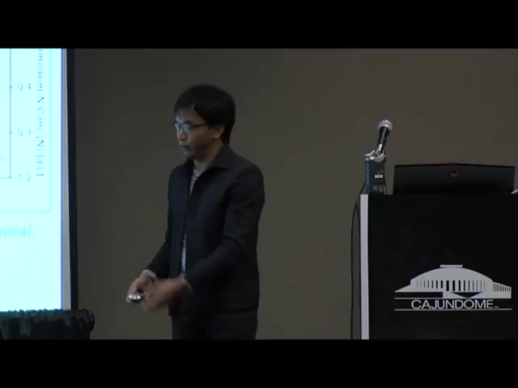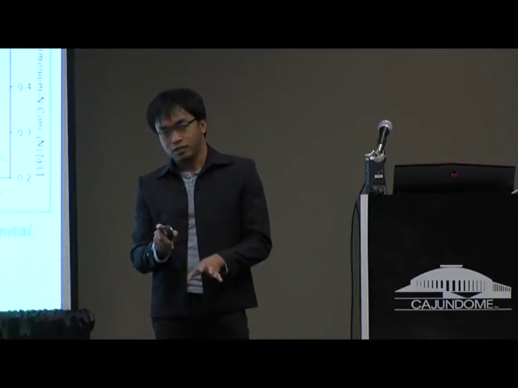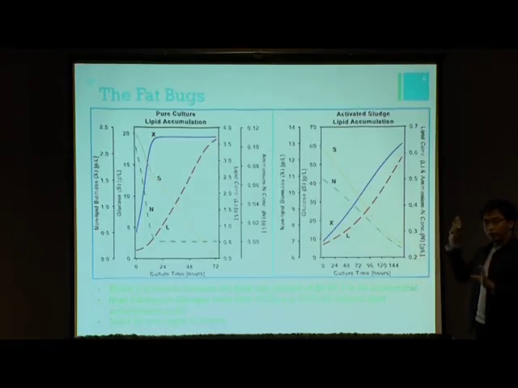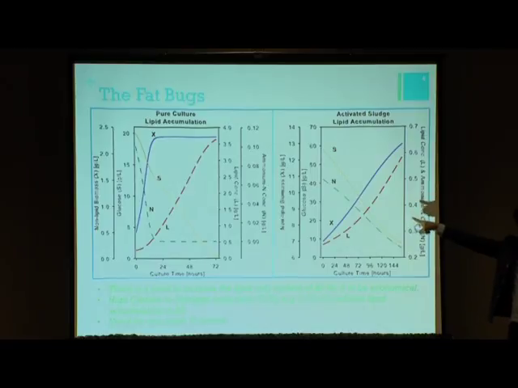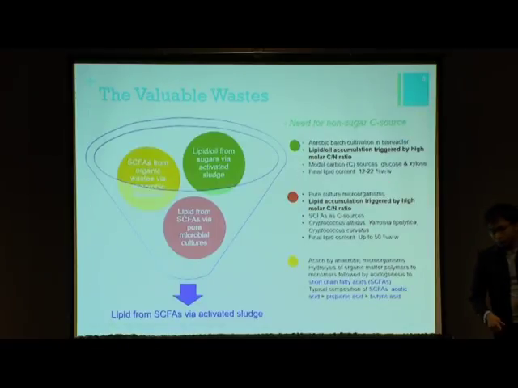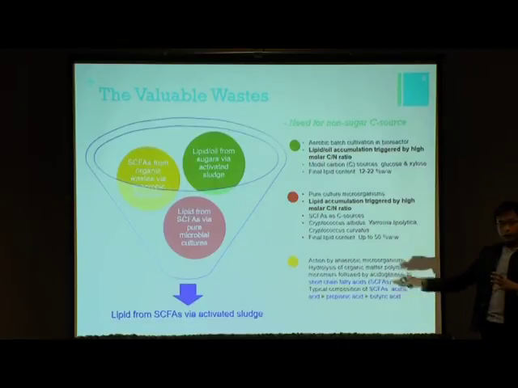Now, there's another problem at this stage of the research. Even though this research established the idea of enhancing the lipid content, they started with sugars, and sugars are so costly, so we had to find an alternative for the carbon source, a non-sugar carbon source. That's the problem that this project tried to answer. And so what I did was look at the literature and search what had been going on. There are three main research efforts that have been going on, still going on, that were combined to come up with the idea for this project.